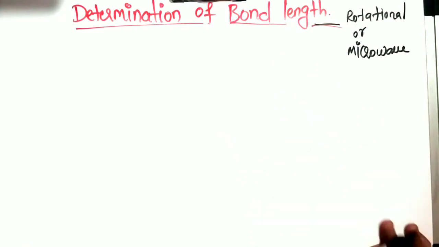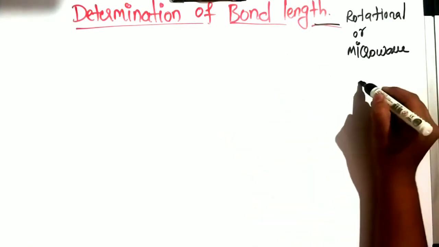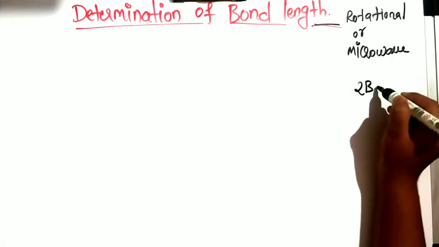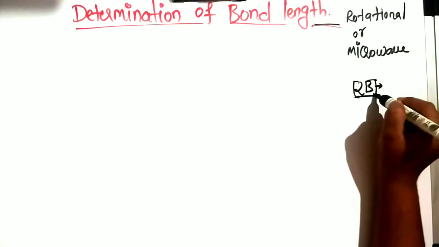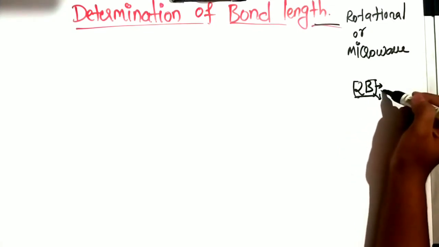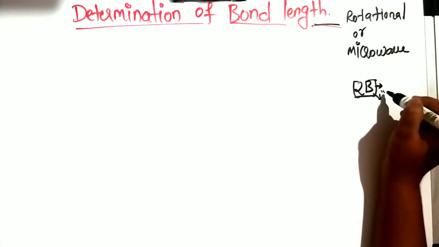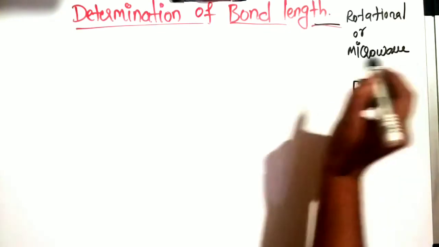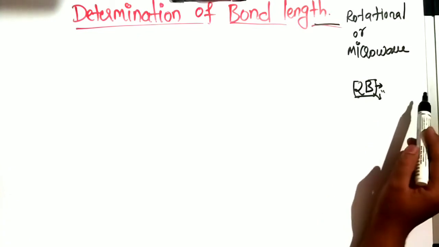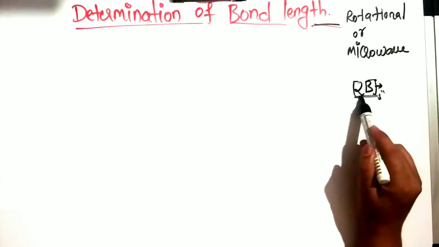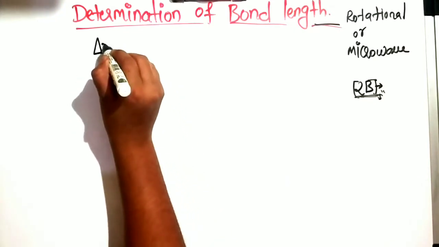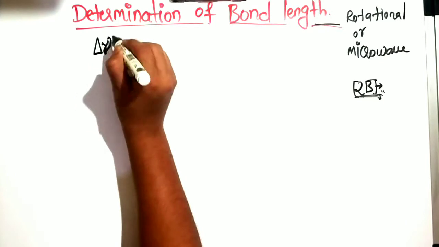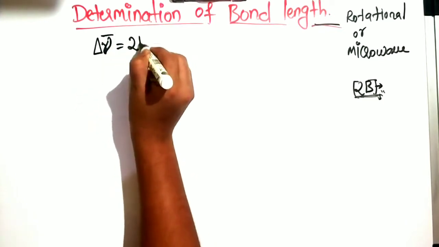We have seen the selection rules. So what was the energy gap for every successive transition level? That was 2B, just increasing by 2B. This is constant. The energy gap over the selection transition or energy levels was 2B. So the frequency separation between successive lines in the rotational spectrum is given by 2B. So next, we'll write this one.